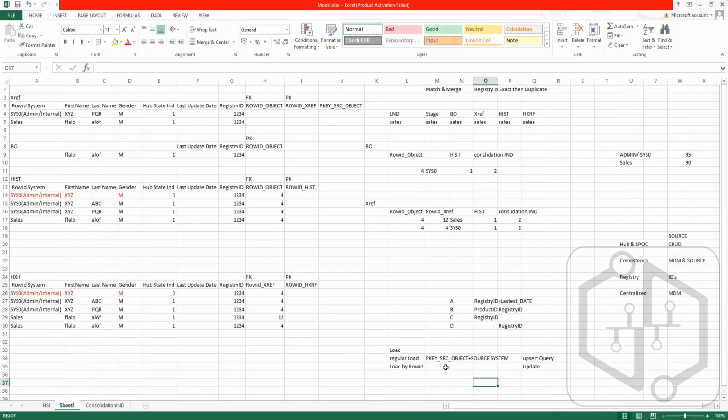It is not utilized for insert. It requires the row ID object to also be given in the record. What does that mean? If you have already created that record and you know which record you need to update, even if it is coming from a different source system,